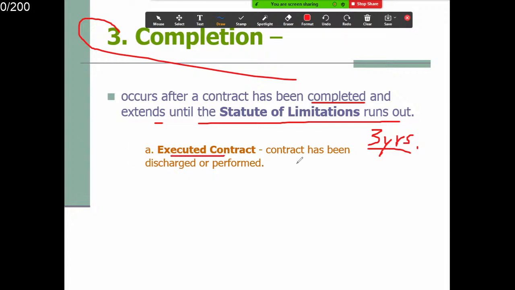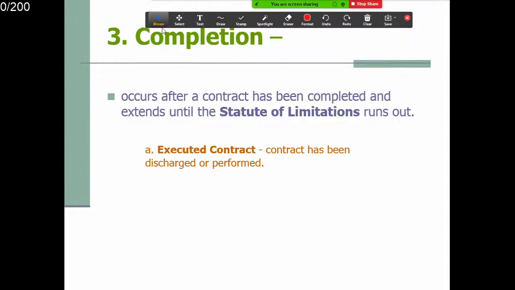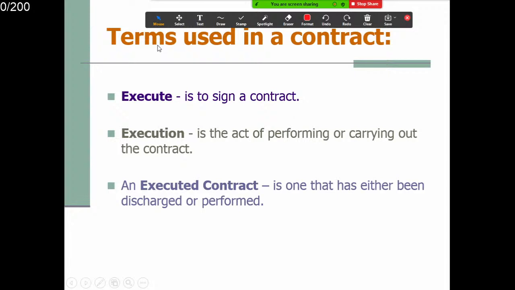Execute a contract has been discharged or performed. OK，完成一个协议，OK 有两个方式，一个呢就是 cancel 嘛，不做，哎，取消了；一个呢就是做完了，OK。Terms used in the contract, okay, they're repeating and repeating this, so you can sink it into your mind,